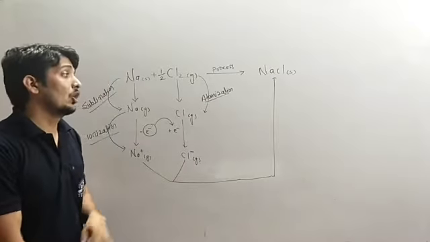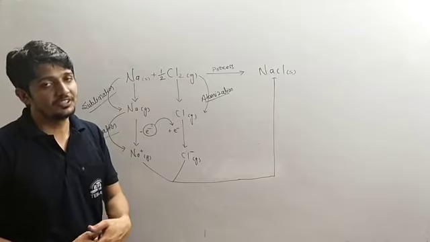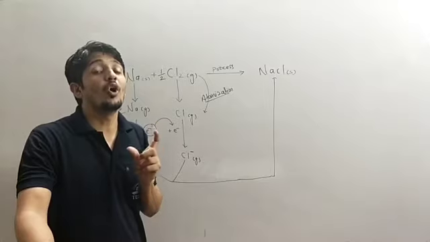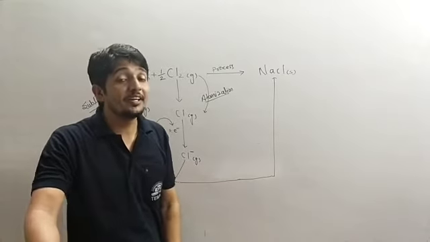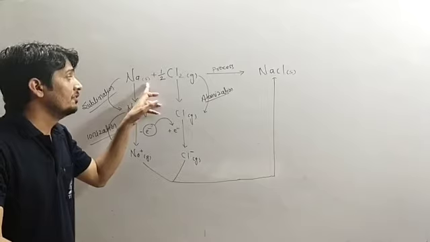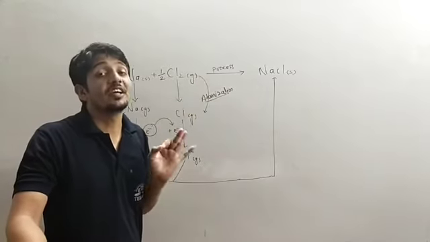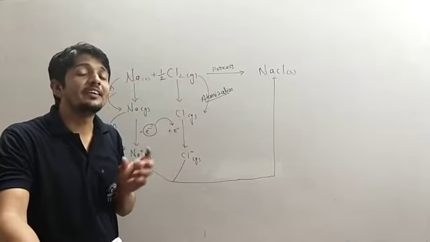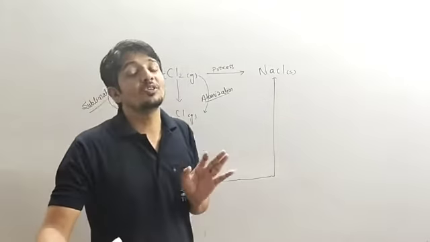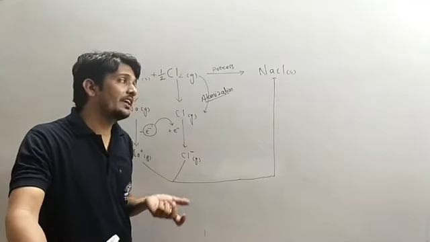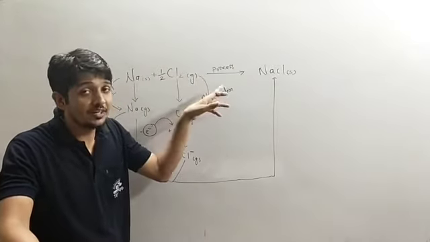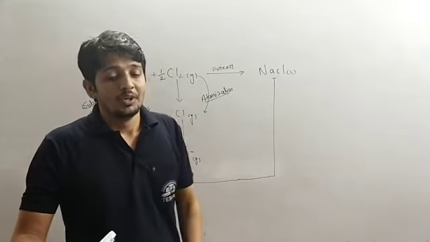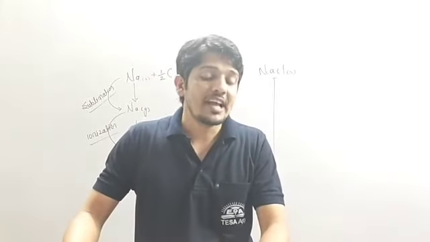Okay, so this is all about how reactions proceed. And this is the representation of reaction. The representation of reaction by using different symbols is called chemical equation. So what is chemical equation? It is nothing but the representation of chemical reaction by using symbols in the form of an equation. Okay, so this is all about chemical reaction and equation.